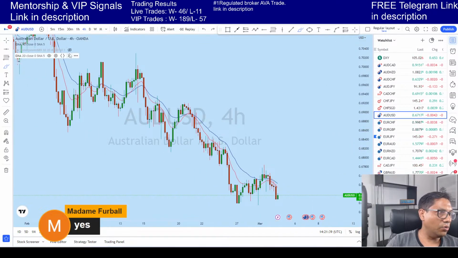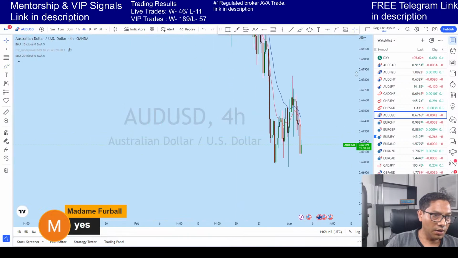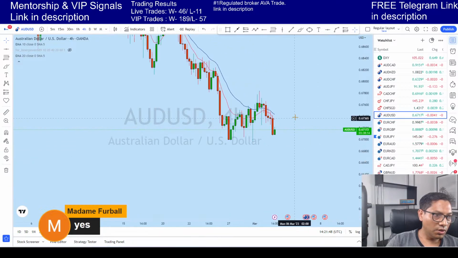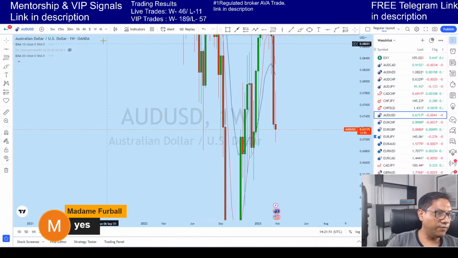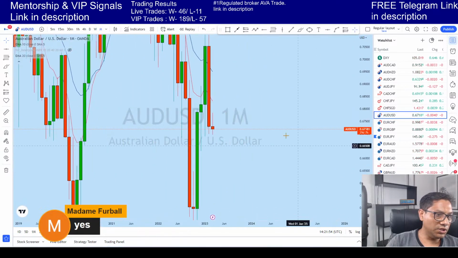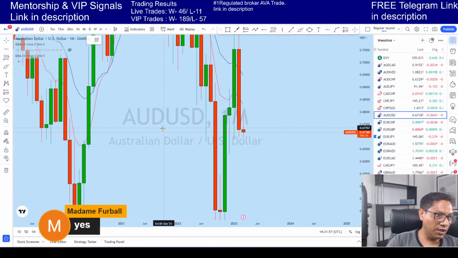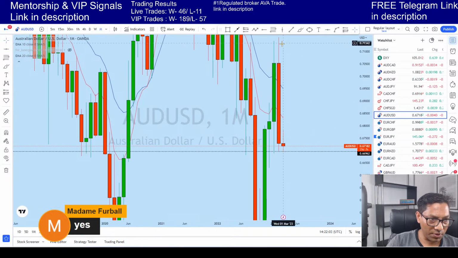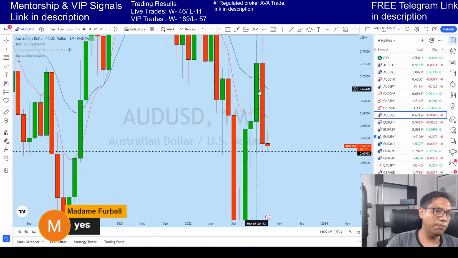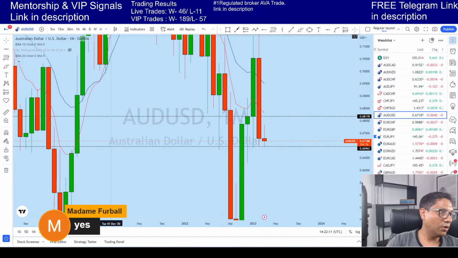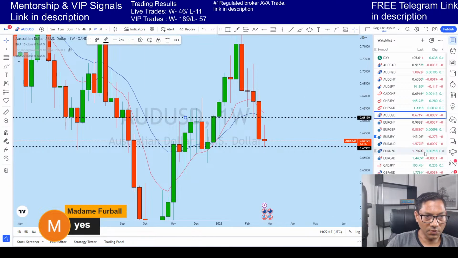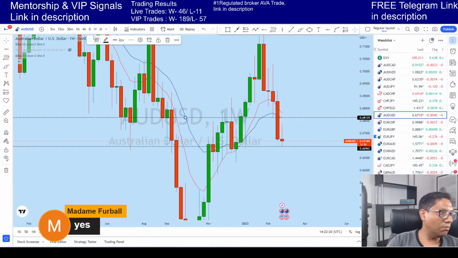Okay, looking at AUD USD, as I mentioned guys, you can see AUD USD is now slowly trying to create a bullish structure. If I look at the monthly, AUD USD has come to a very important monthly level of support. Though this is a long-term bearish market, with a long bearish engulfer, we might see a bounce from this support on AUD USD. With that bounce, initially AUD USD has gone to this level where there is a weekly level of support, and I think AUD USD might now continue to go up.